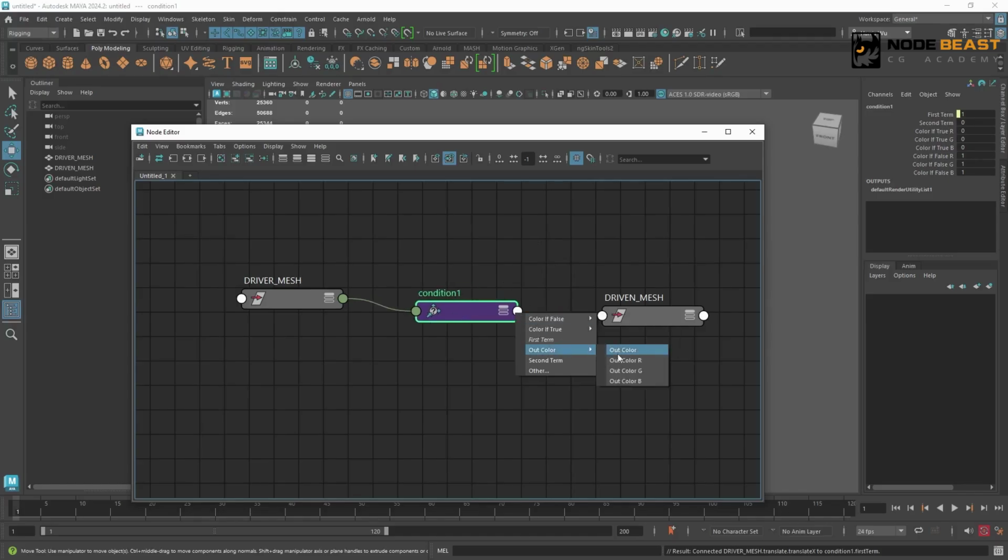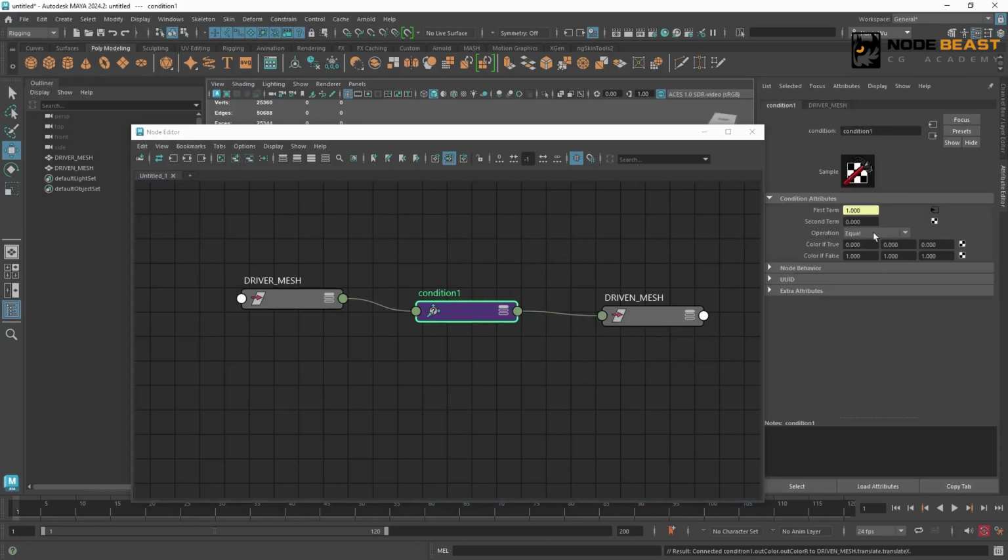Then let's connect the outColor R to the driven object's translate x. This way, let's look at its operation. The default is equal, and we'll see not equal, greater than, greater or equal, less than, less or equal. Let's just use the default equal. And here, let's say color if true outputs 10, and if false output 5.